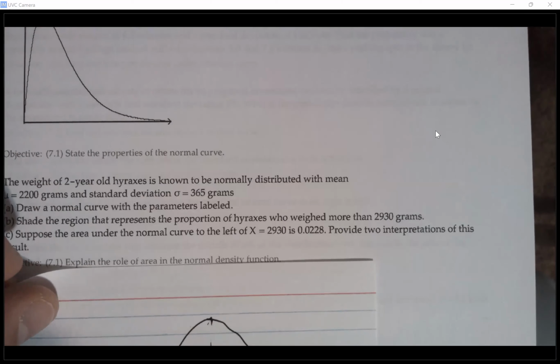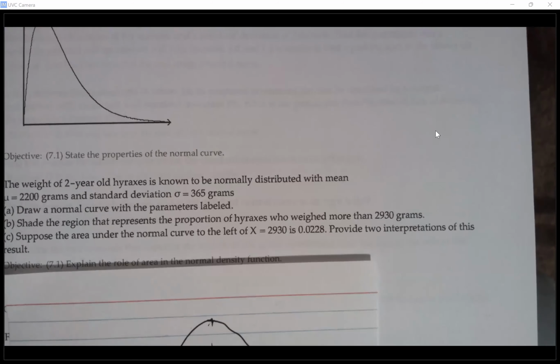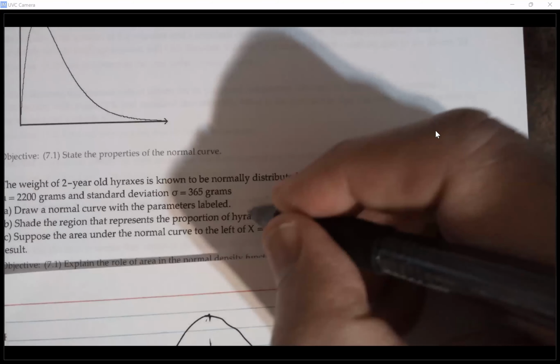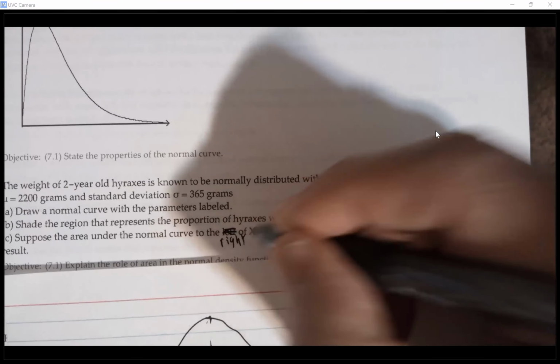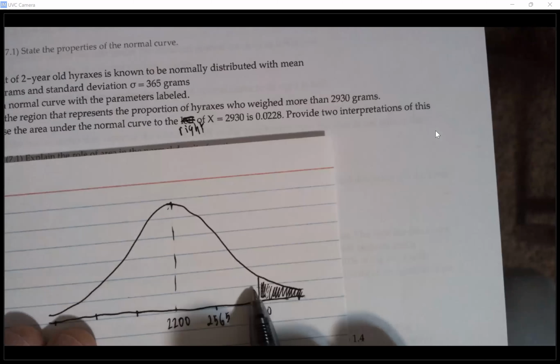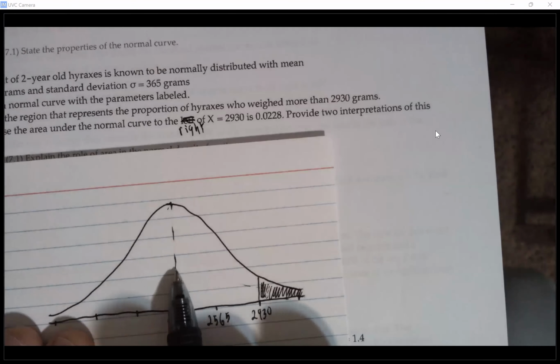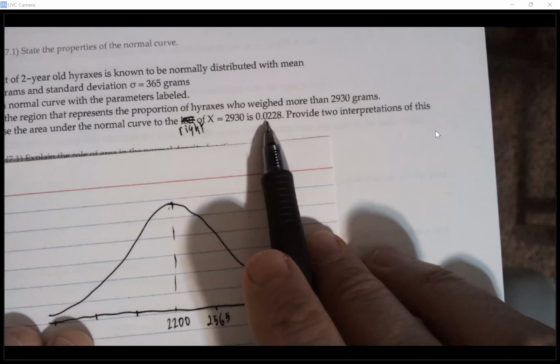And C, suppose the area under the normal curve to the left of x equals 2,930 is 0.0228. Provide 2 interpretations of this. And actually, there is a mistake here. It should be to the right. Because as you can see, the area is very small. It can't be to the left, because if this is to the left, it's a huge area. And here he says it's only